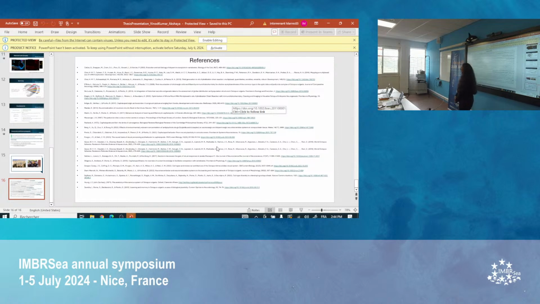Yes. But do you have any insights on how you could apply this knowledge in a more ecological approach to the species' behavior? No, it was very neurobiology and morphology. It's a lot of time.